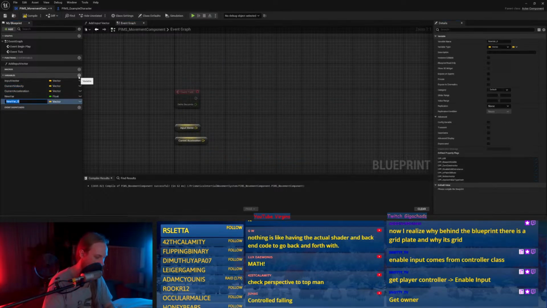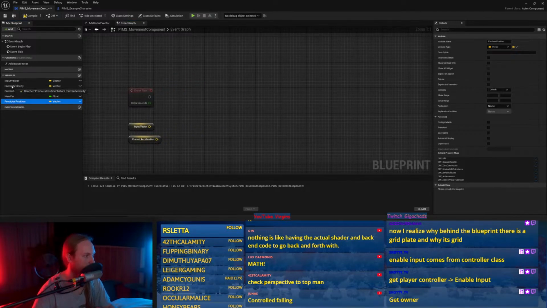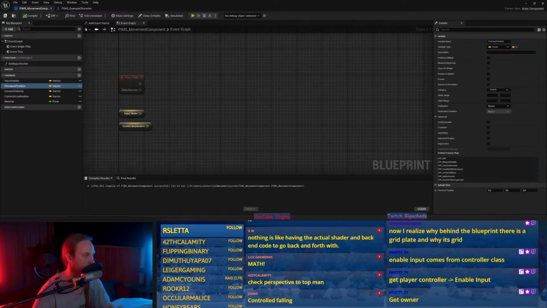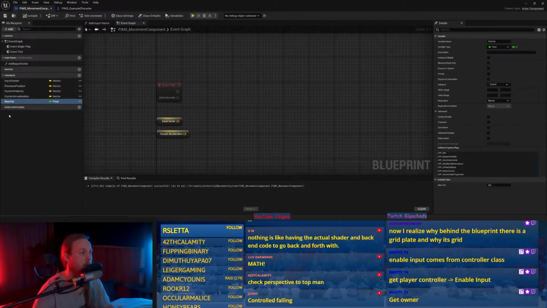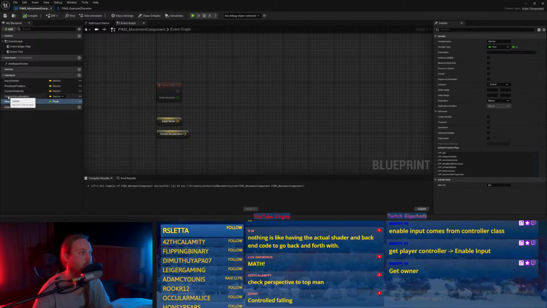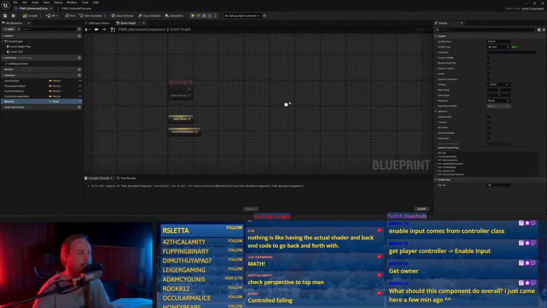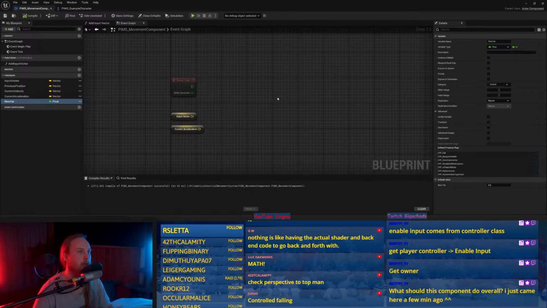Well, we've got previous position. Velocity, acceleration. Well, I guess that's how it is in the other character movement component. It just doesn't give you the real thing. What does this component do overall? Came a few minutes ago.